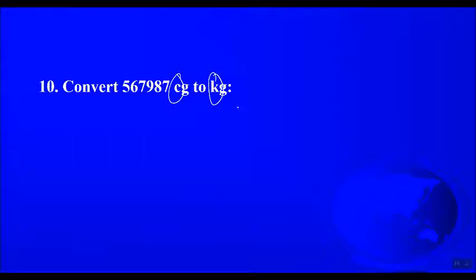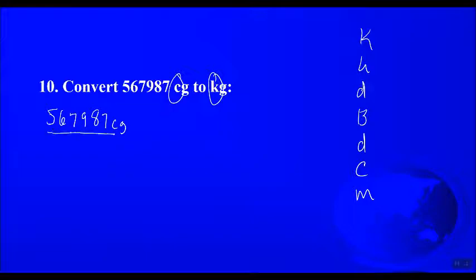Centi, kilo. King Henry died by drinking chocolate milk. What are you given? 567,987 centigrams. What are you converting from? Centigrams. What are you converting to? Kilograms. All right, so you got kilo,